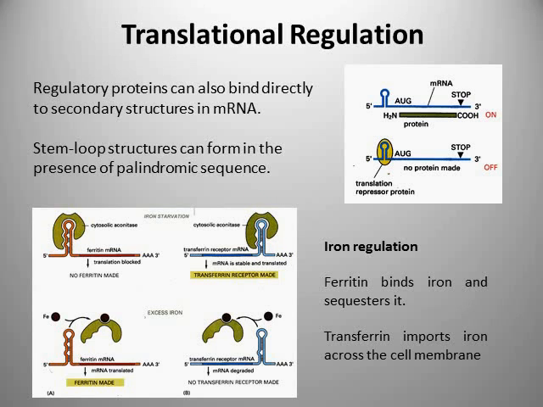So what we have are mRNAs that are responsible for producing two different proteins. The RNA with the stem loop in the 5' untranslated region produces a protein called ferritin, and the RNA with the stem loop in the 3' untranslated region produces a protein called transferrin. Now, how do these two proteins function in iron regulation? Well, in situations where there is excess iron present in the cell, which can be a very toxic situation for the cell to be in, ferritin